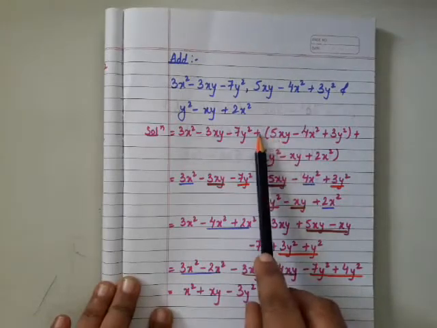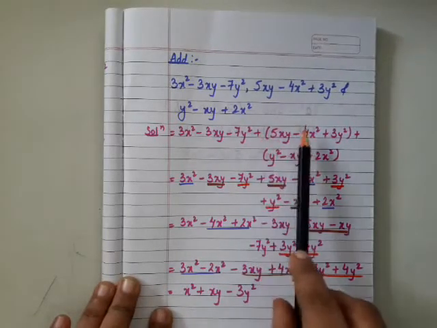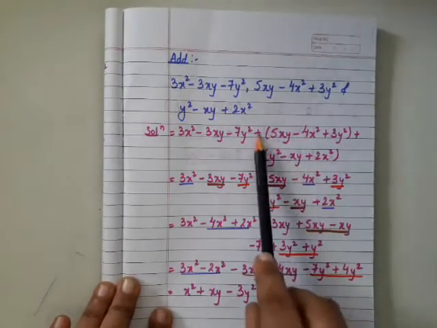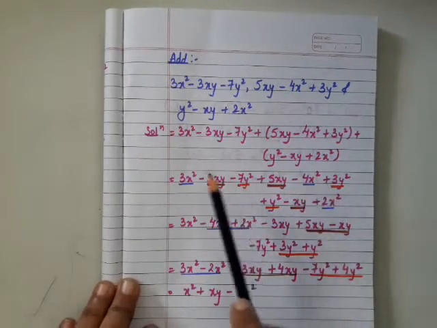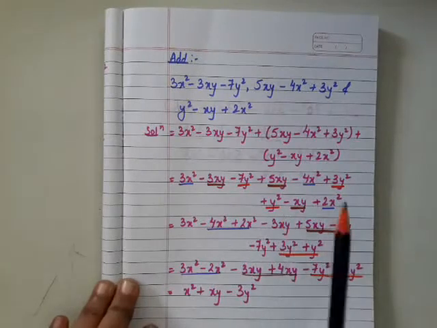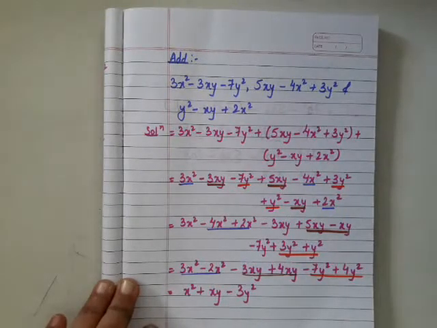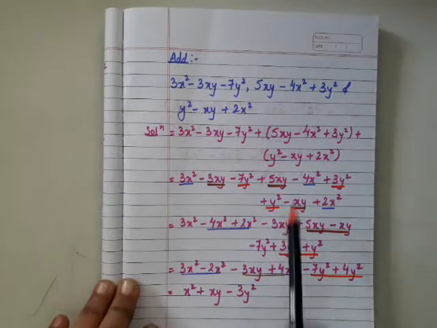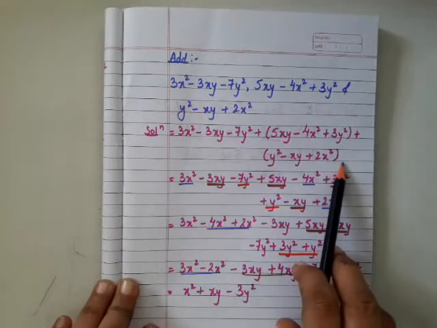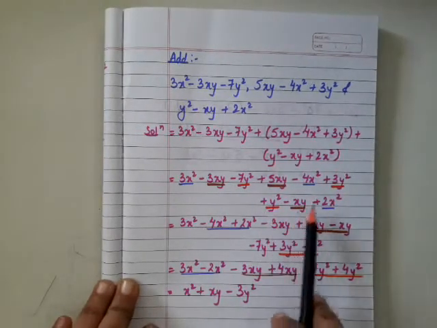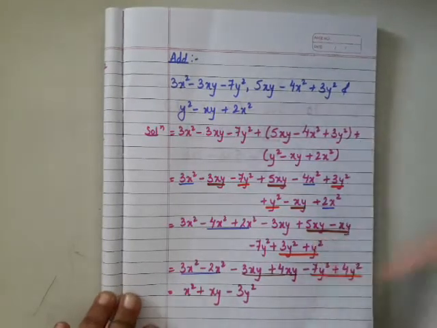So here it is plus. Plus into plus is plus, plus into minus is minus, plus into plus is plus. That's why the signs do not change when you take out the expression outside the bracket with a plus sign outside it. Same way here also, y square minus 5 minus xy plus 2x square come out as it is without changing the sign, because you have a plus sign outside it.